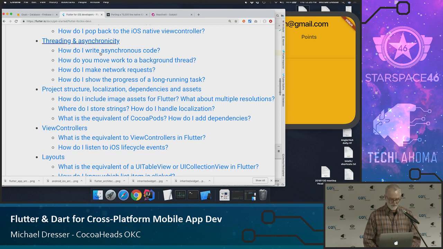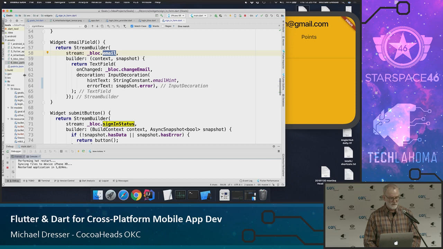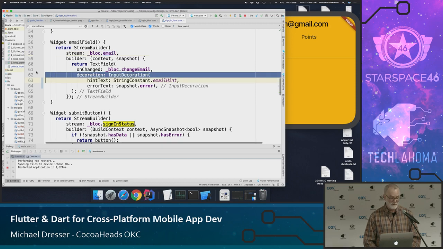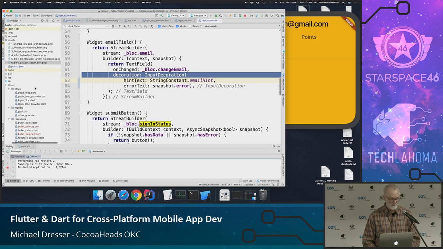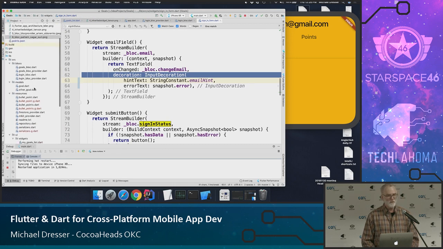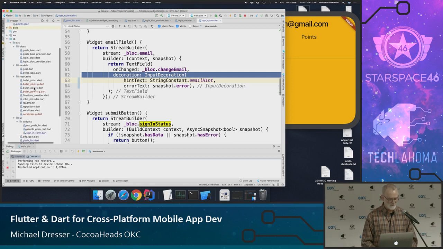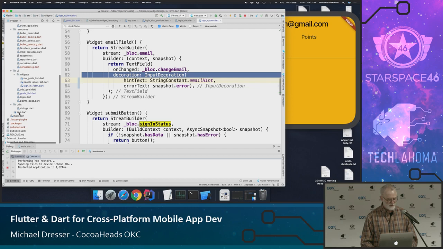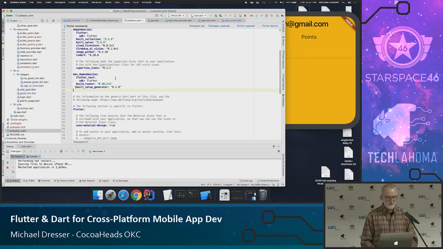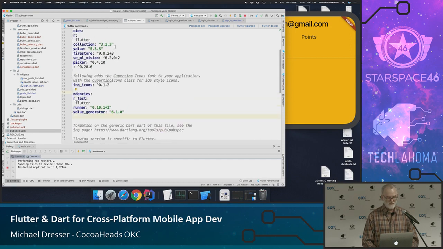In fact, when you first set up a project using whichever IDE, or you can actually do Dart Flutter development from the command line and just with an editor, but I wouldn't necessarily recommend it because it's so easy. These IDEs are free, so I would take advantage of them. But when the project is first set up, you have a so-called pubspec YAML file where you list all of your dependencies.